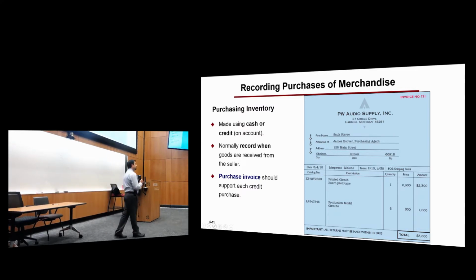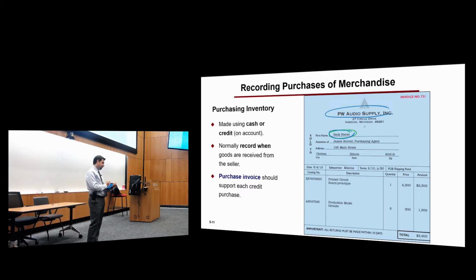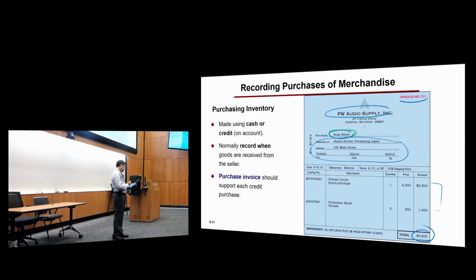The buyer, in this case, is South Stereo. What they will do is take this invoice and record the information in their systems. A sales invoice is proof that the transaction actually happened, and it will have different information. For example, it has the name of the buyer, the name of the company, and certain information like the invoice number. It has the amounts, the items, the line items. You also have information about the address of the buyer.